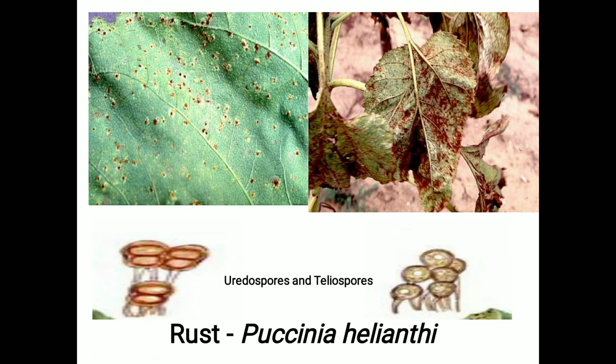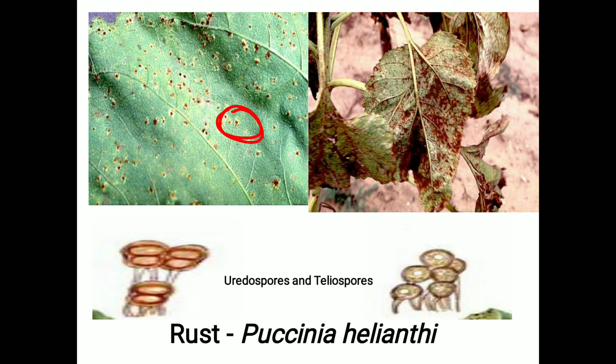Then regarding rust disease, as we know, rust is an important or major disease of this crop. Rust of sunflower is caused by the fungus Puccinia helianthi. Rust means there is a presence of uredospores and teliospores. The brownish spot is called uredospores. The uredospores mostly appear first on the lower surface of the leaves. They are small, circular, powdery, orange to black, and when the infection is severe, uredospores are produced on the younger leaves and become scattered all over the vegetative part of the plants.